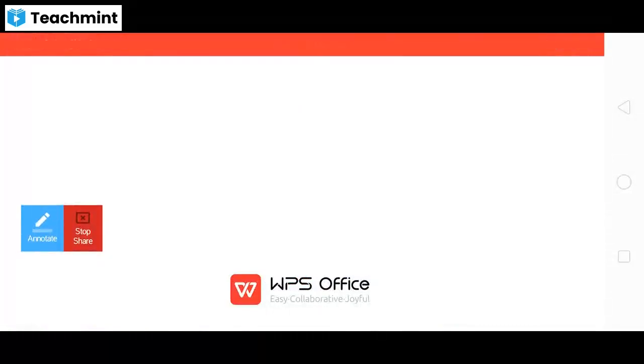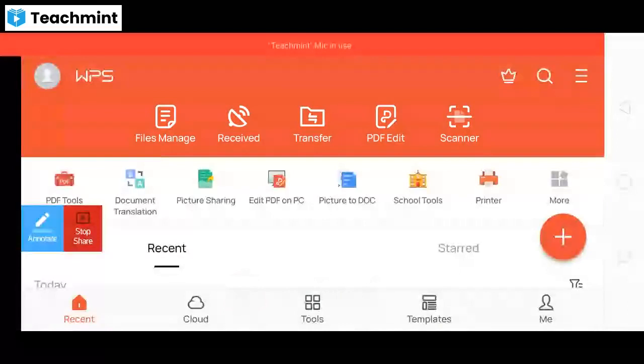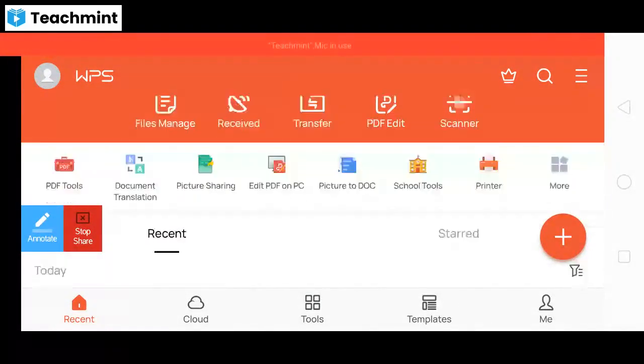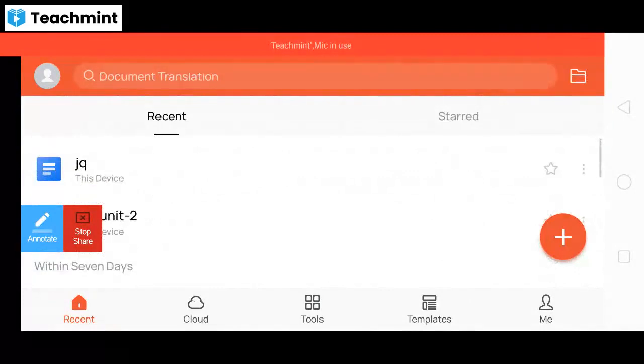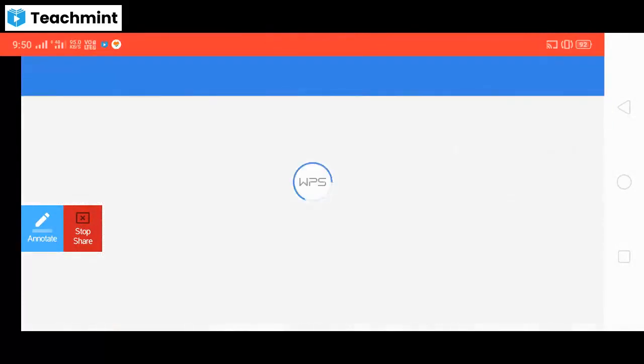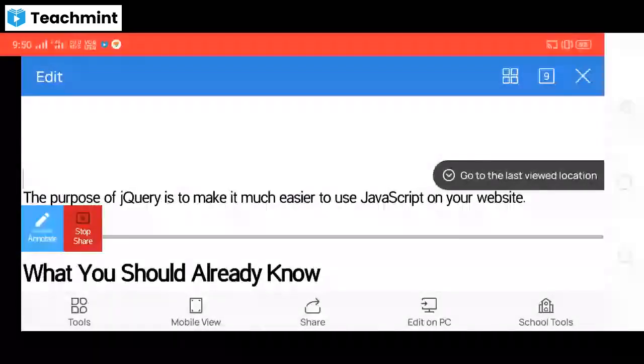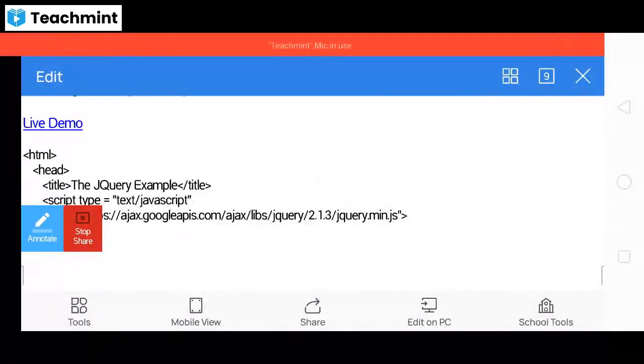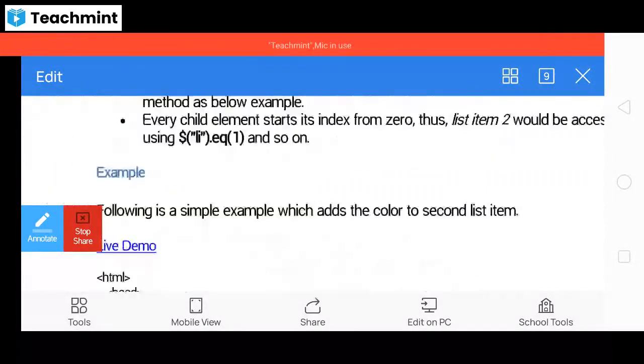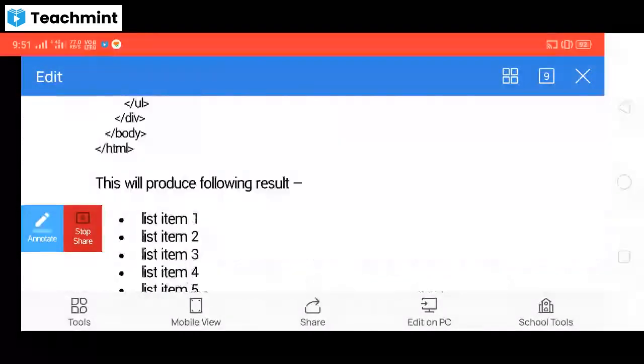So today we are going to discuss jQuery DOM traversing methods. Already we discussed the first jQuery DOM traversing method, and now we are going to discuss the second method.